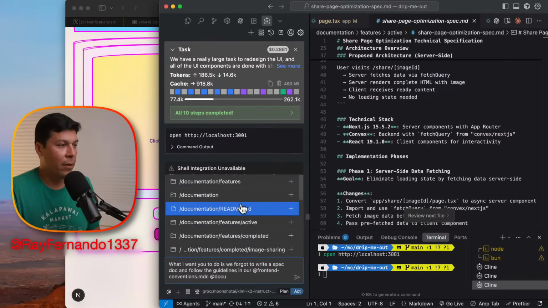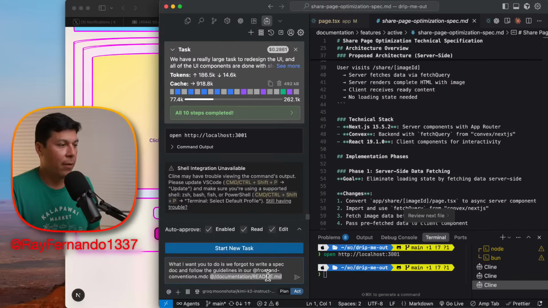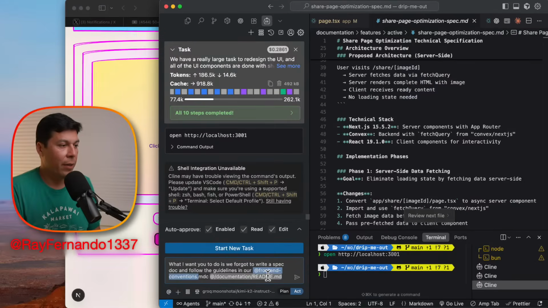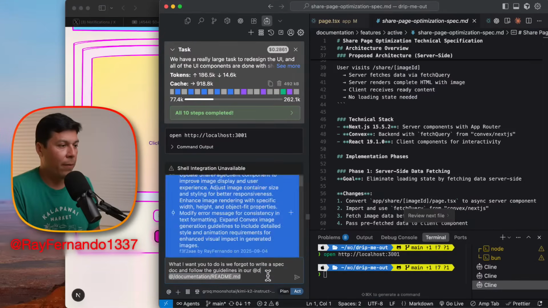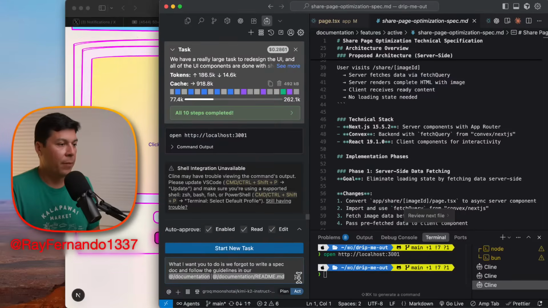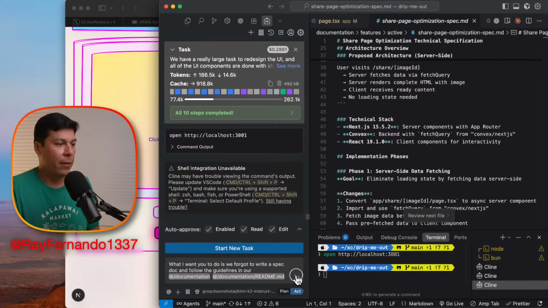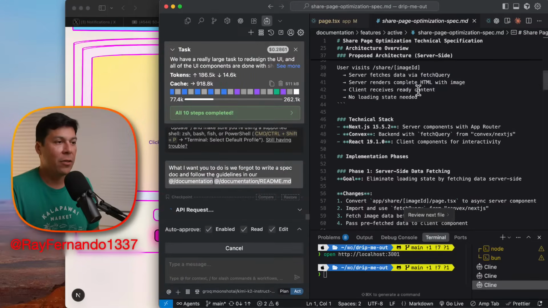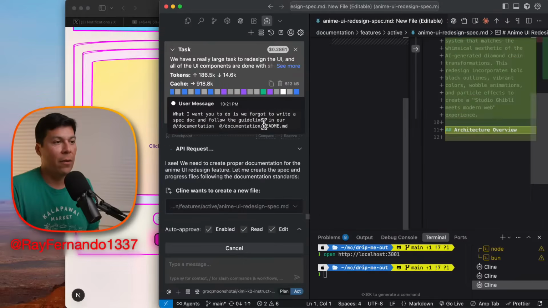Documentation readme, I think, in our... and then I don't think it's front end. Documentation. Okay, and I'm gonna say okay, cool. So what I'm having it do now is basically just write out